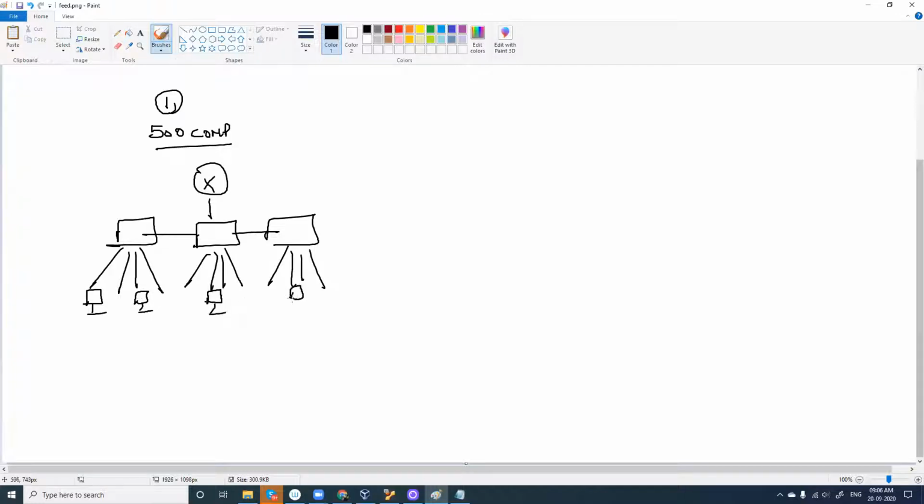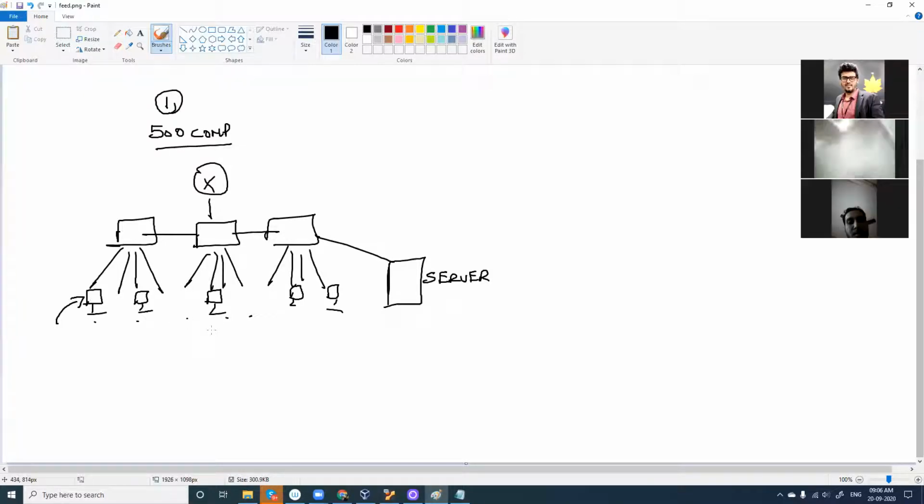And now they also have one server. I hope we have seen servers in Packet Tracer, and you have seen them configuring. So I have a specific server here. This is my server here. Now I told you, in case I wanted to look at the log files of this particular computer here, I have to log into this computer. I have to go there physically and then open Event Viewer, or you have a lot of event management tools in your computer to view what is happening inside the computer. So I have to go individually to all the 500 computers.